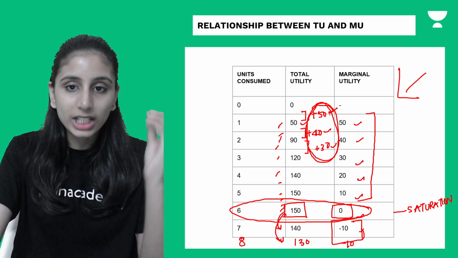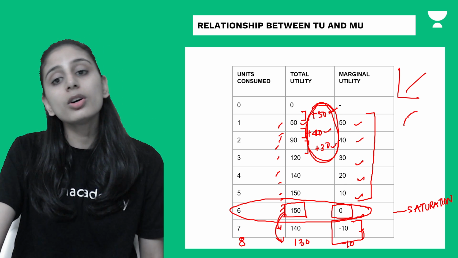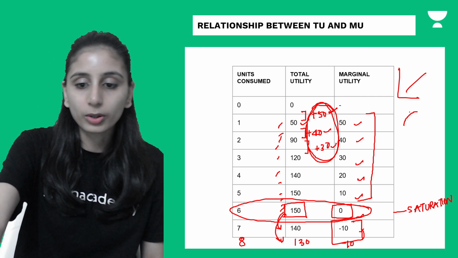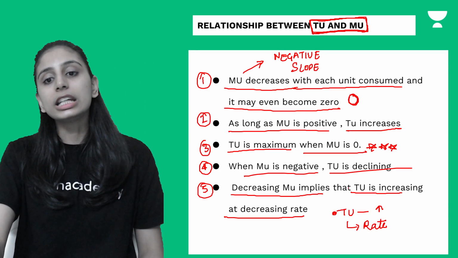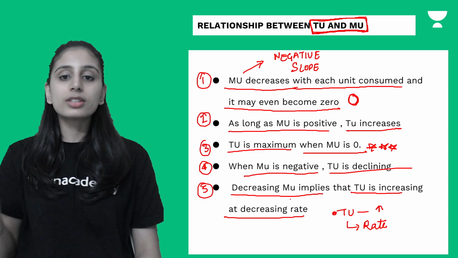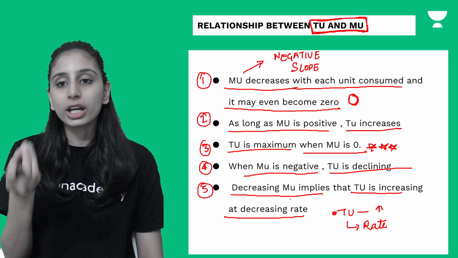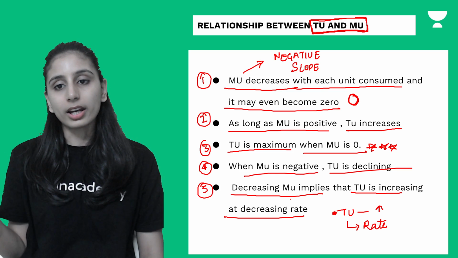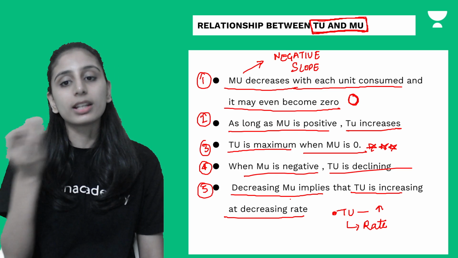जब तक कुछ ना कुछ एडिशन होता रहेगा तब तक TU इंक्रीज करती रहेगी, चाहे वो डिक्रीजिंग रेट पे ही क्यों ना हो। तो वी हैव सीन डिक्रीजिंग TU, डिक्रीजिंग MU डिक्रीज हो रही है। उसका मतलब जो एडिशनल जो एडिशन हो रहा है TU में वो कम होते जा रहा है। इट सिंपली मीन्स कि उसका जो इंक्रीज होने का रेट है वो डिक्रीज हो रहा है।